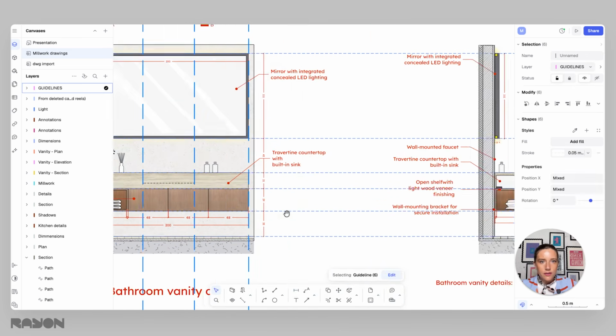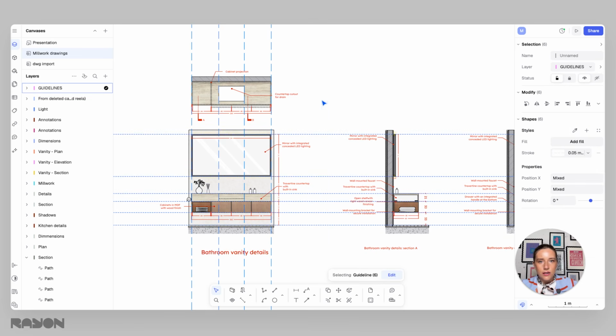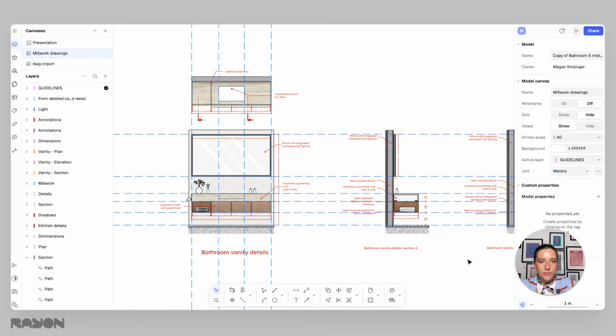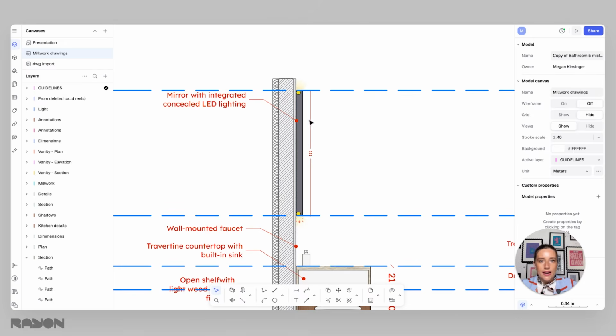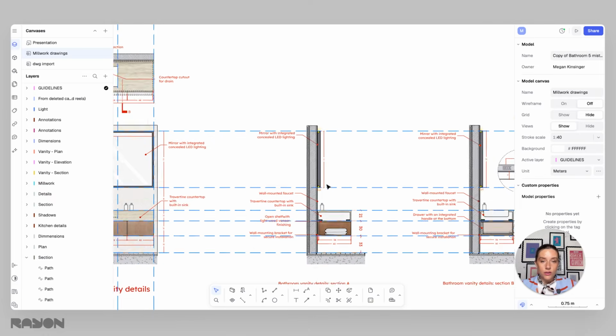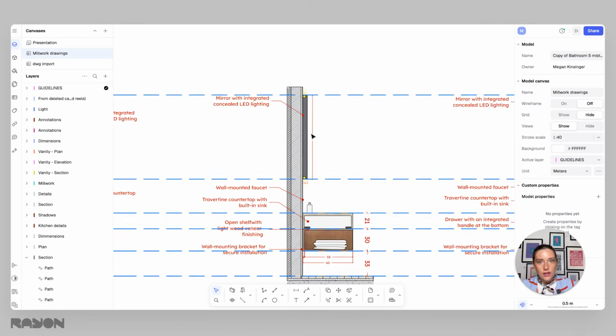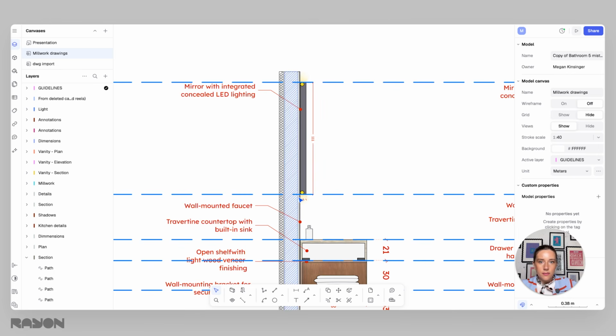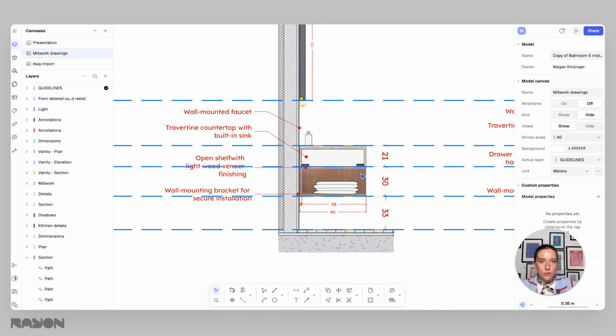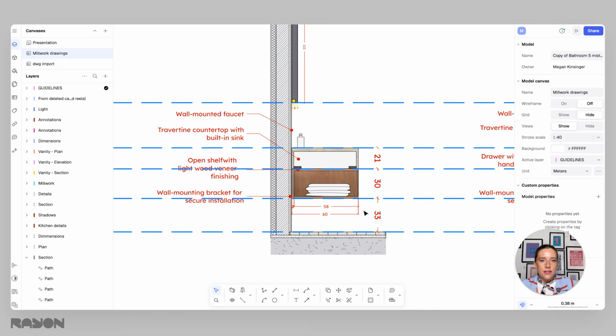And we'll hit done. And once we have those, again, we can grab that little pick style if we want them to be in the blue color. And now you can see that we have more information to draw or adjust our sections. You can see here, everything's aligning. We've got the mirror height, we've got the countertop, we've got the cabinets, and then the distance from ground to